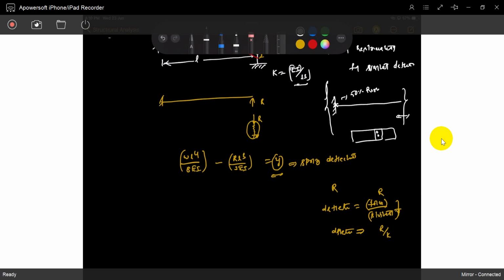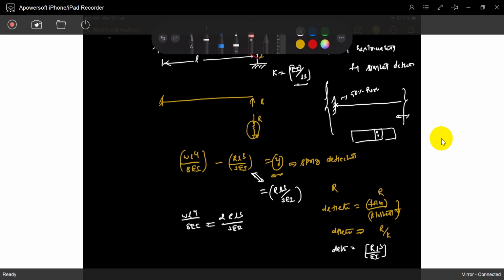So what is the value of the deflection here? R by EI by L cube. This is also equal to RL cube by 3EI. If I change the stiffness, this value changes. I am just giving that amount of stiffness to the spring. If I give a numerical value, just use the numerical value. Now you can easily find what is R. For simplification, I will give just EI by L cube.